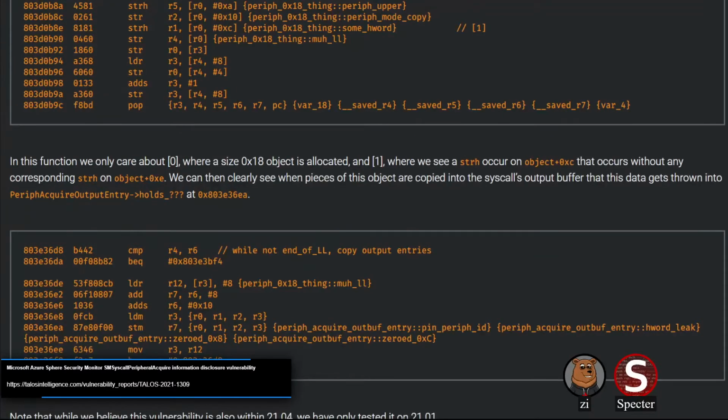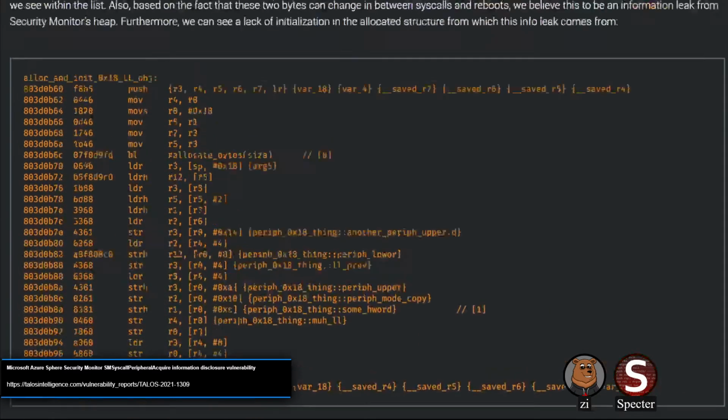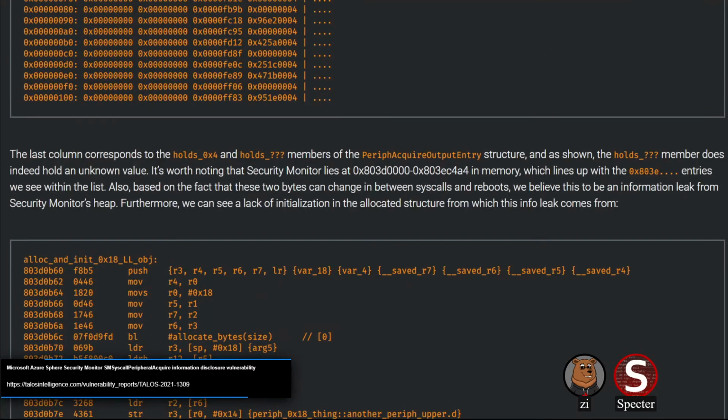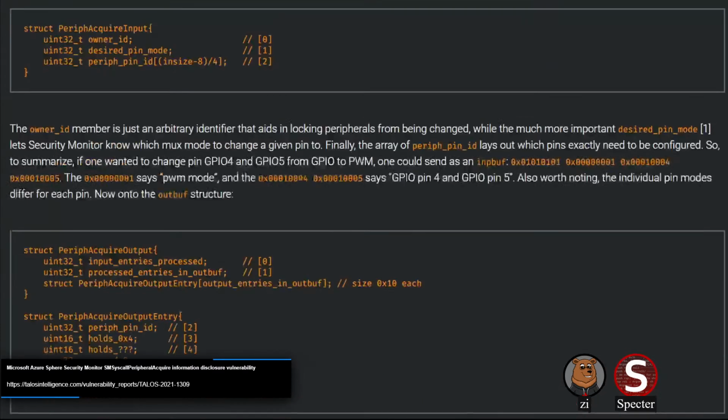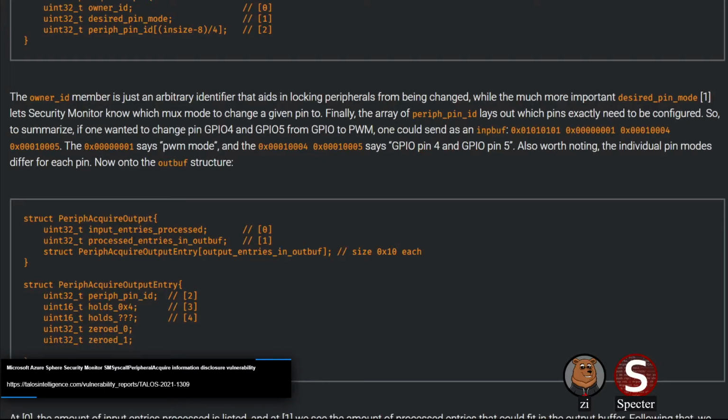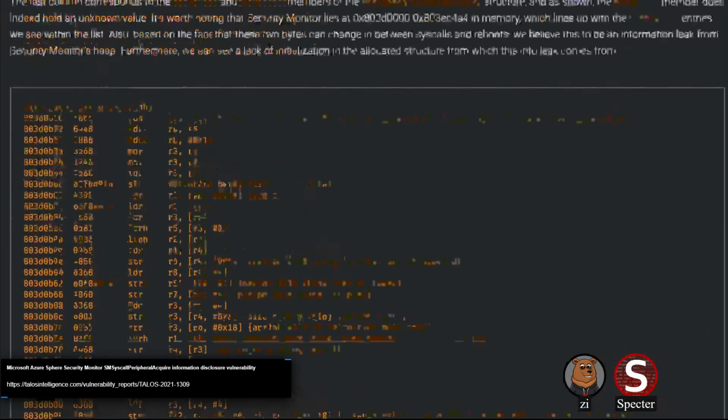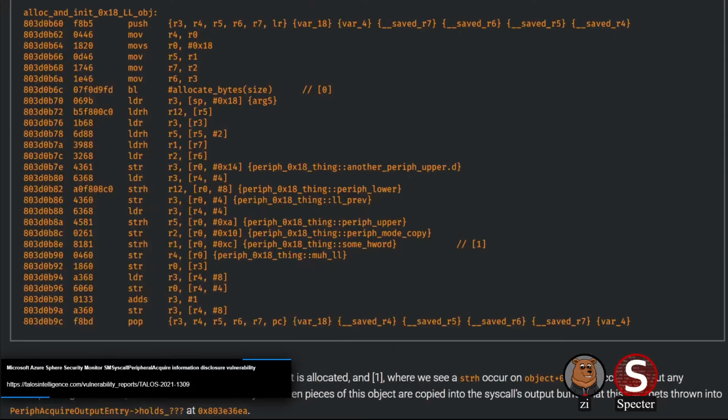It could be enough for an exploit, but you have to do a lot of work to exploit a 2-byte leak. Although when you're talking about the heap, like we were just saying with the last topic, it is a lot more versatile. You do have a lot more control. So it's a lot more likely you could take advantage of a 2-byte leak in the heap. But